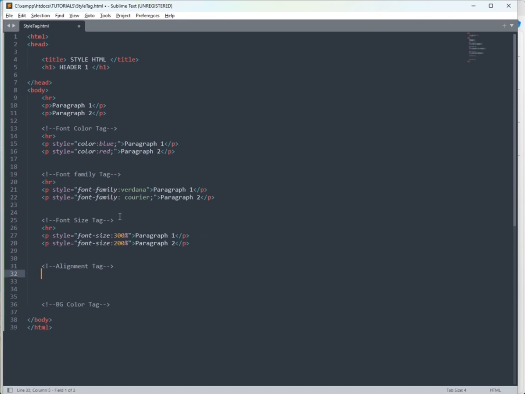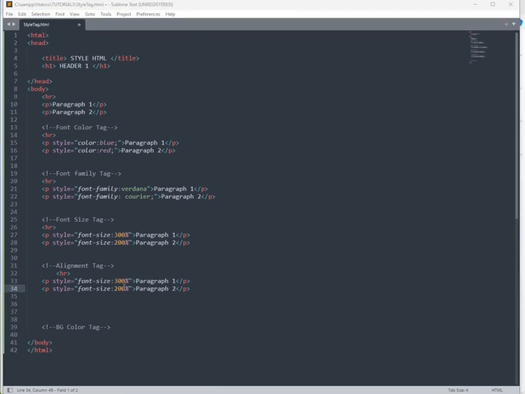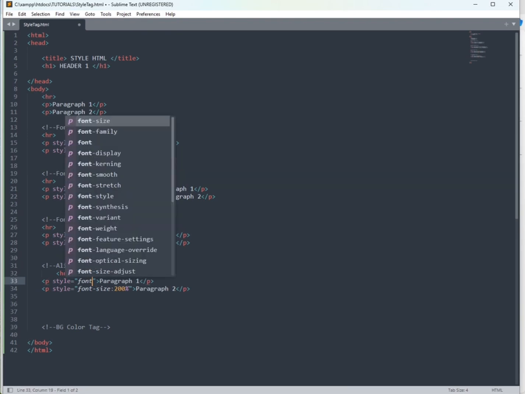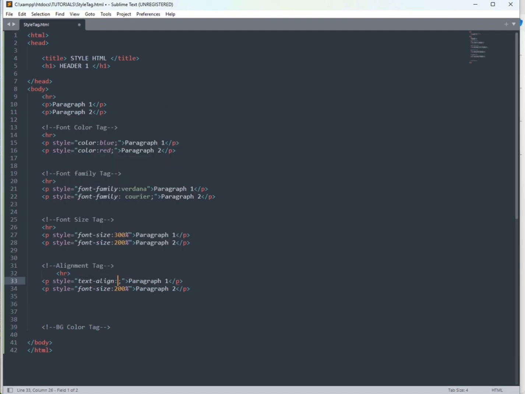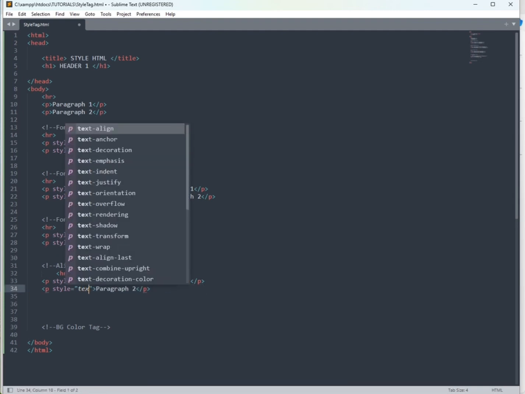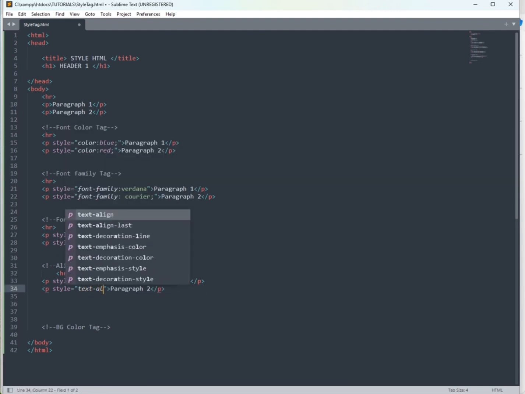Again, for the text alignment, just copy and paste paragraphs 1 and 2, and then we're going to add paragraph 3 for the 3 columns, or 3 alignments, of our paragraph. So first, we're going to change the attribute, or the property, to text-align and then the value center. And then next, we will proceed to the second paragraph, text-align, and then we're just going to put the